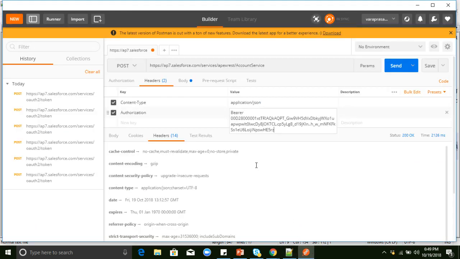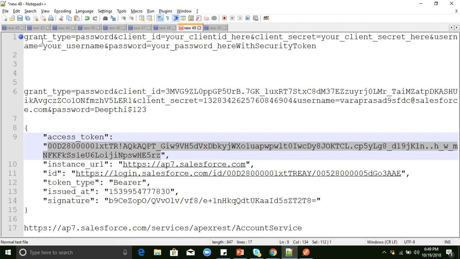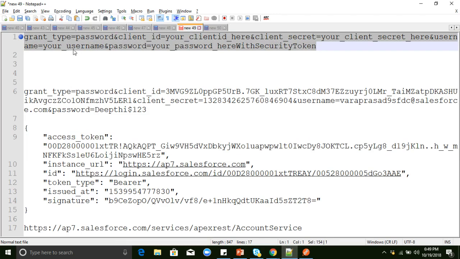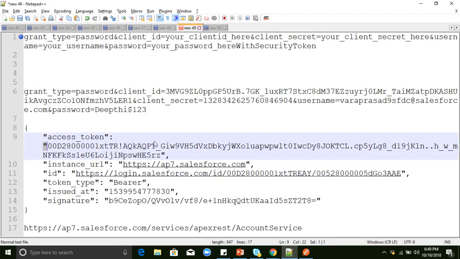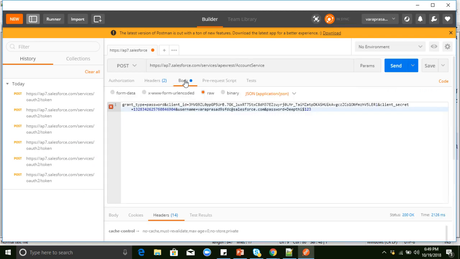and paste it here. Just remember, if you want to test our web service, we need to use these two headers. One is content type, one is authorization. How do we do authorization? Using the access token. How do we get this access token? Like I explained previously, using the get callback URL and this predefined body, we can generate an access token. Once we get the access token, we can call any class in Salesforce. So I have added these two.